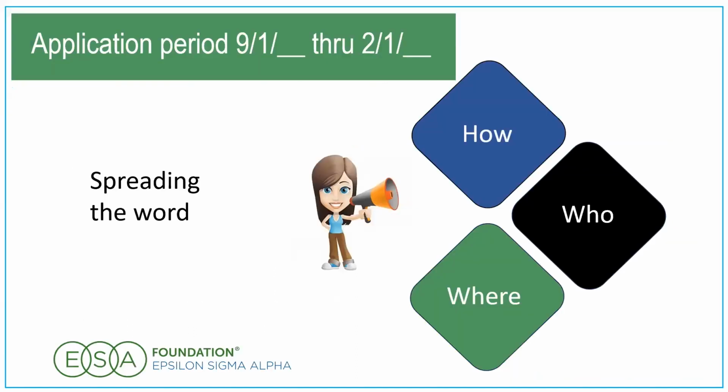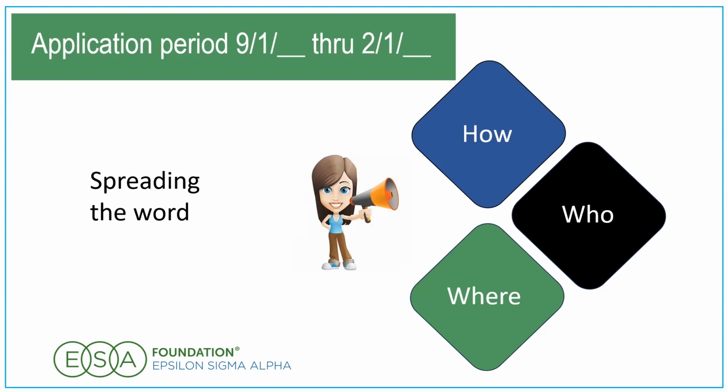And now we're at the application period. The application period is from September the 1st through February the 1st, unless the end date lands on a weekend, and then it will be moved either the day before or the day after. Because it's not pretty if the end date is on a weekend, because students who wait until the last minute can't contact schools or teachers to get their last minute documents in.